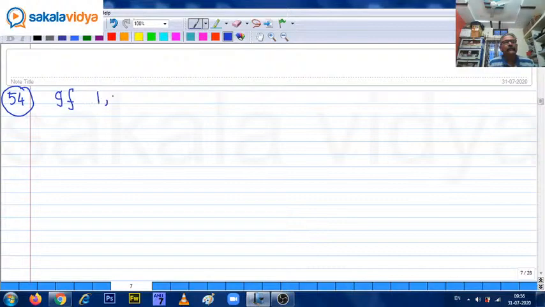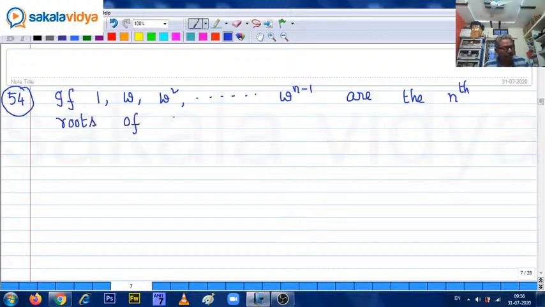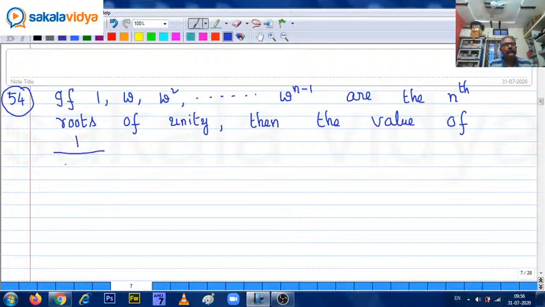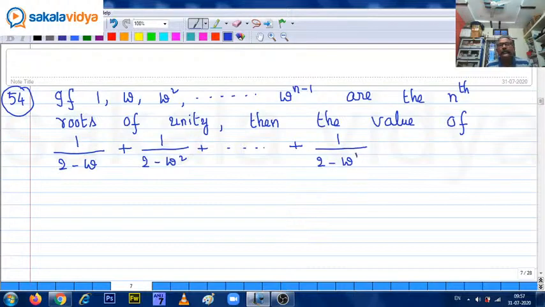If 1, omega square, and so on, omega to the power of n minus 1 are the nth roots of unity, then the value of 1 upon 2 minus omega plus 1 upon 2 minus omega square plus so on plus 1 upon 2 minus omega to the power of n minus 1 equals to